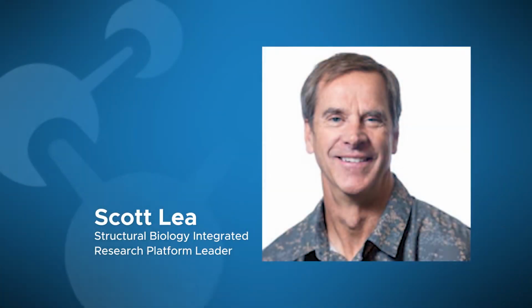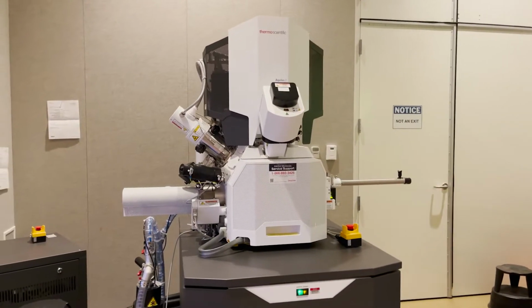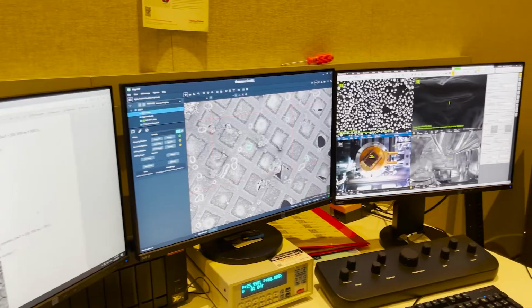Hi, I'm Scott Lee, the lead for the Structural Biology IRP. Our goal is to obtain structural and dynamic information on proteins and other biomolecules at nanoscale, spatial, and temporal resolutions to infer function. Behind me is our Aquilos CryoFIB SEM, which we use for 3D tomographic imaging and for sample